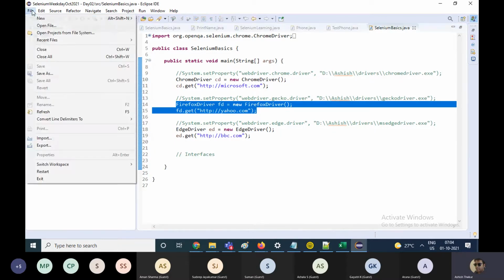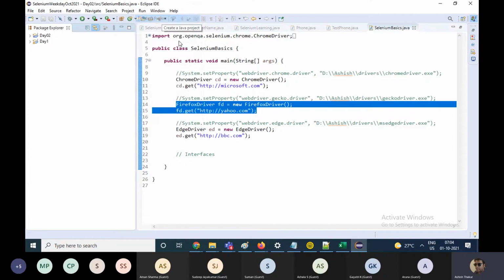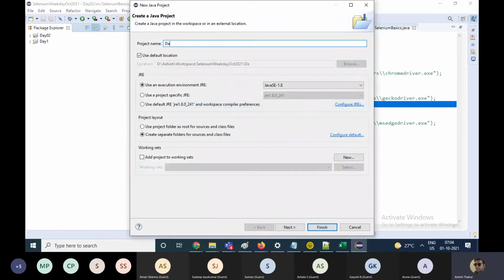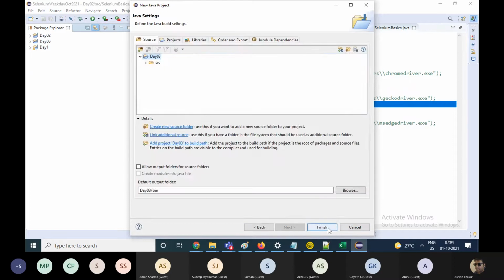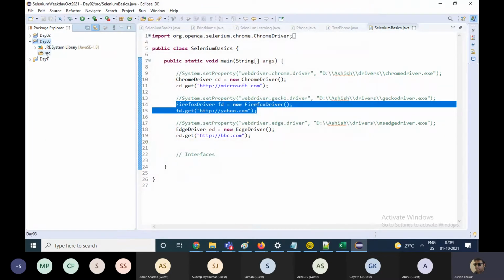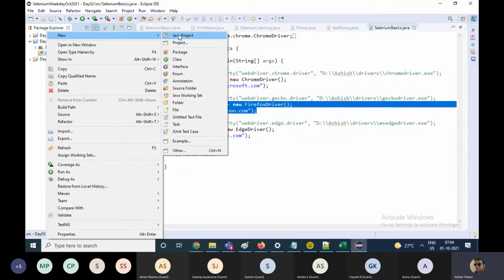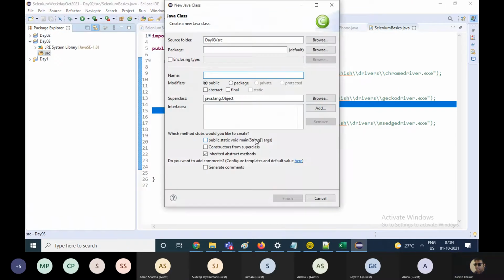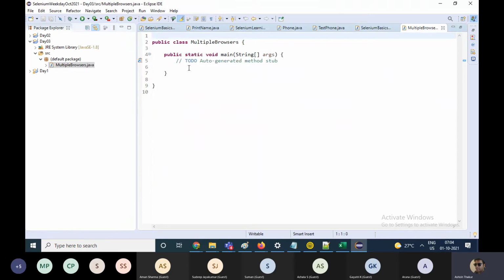What I mean by saying this is that I'll just demonstrate that. Suppose I have to write a single script which runs on multiple browsers. In Selenium, you want to implement multiple browsers and run a single script on them.